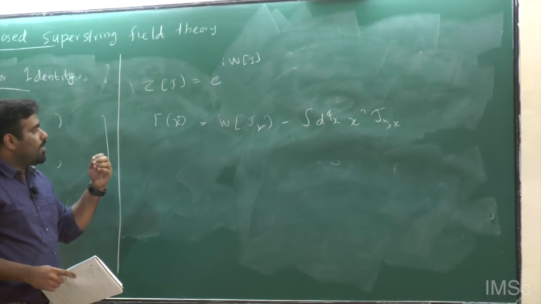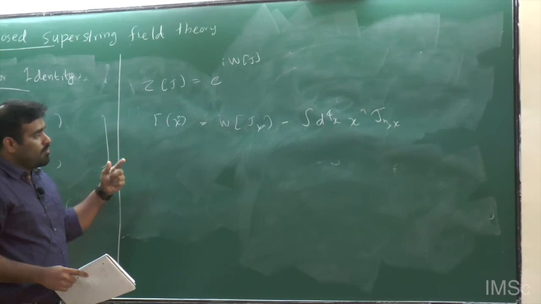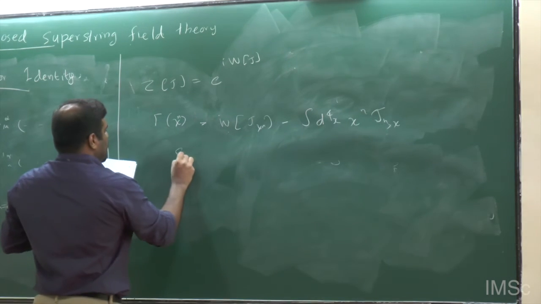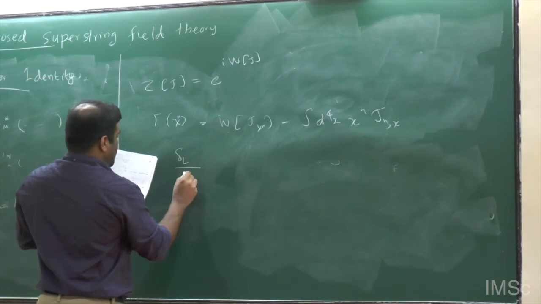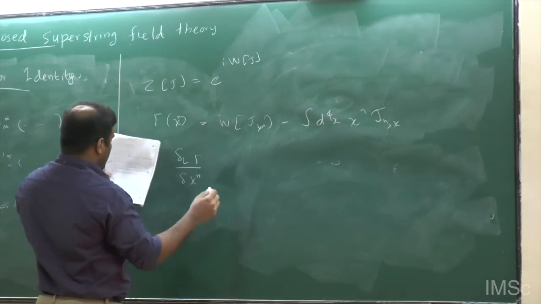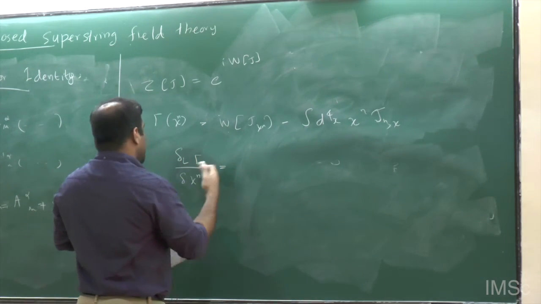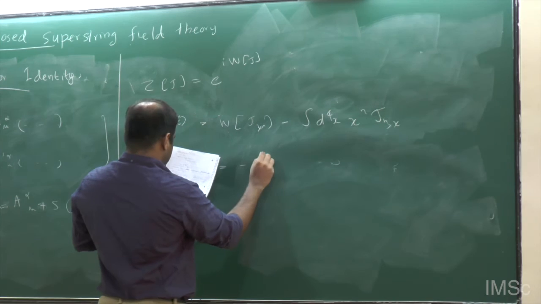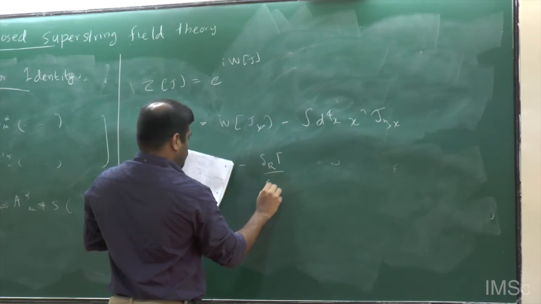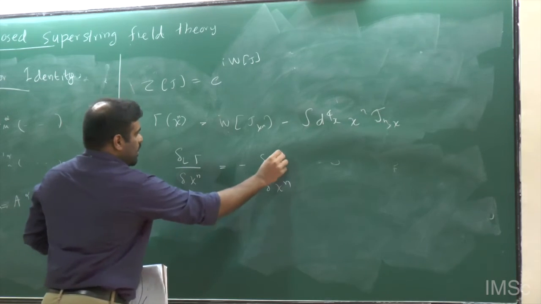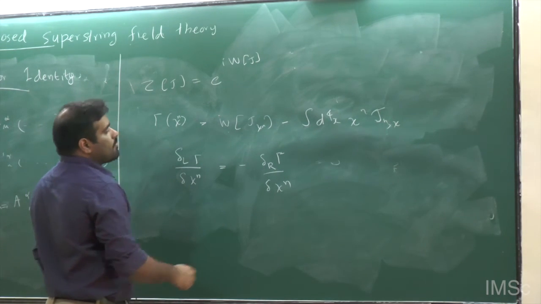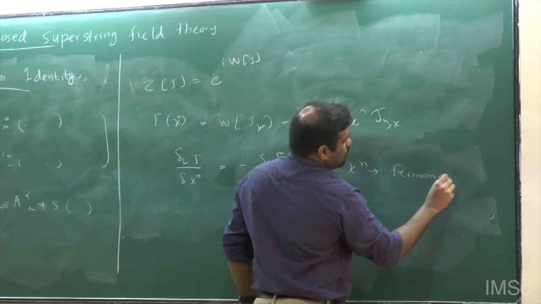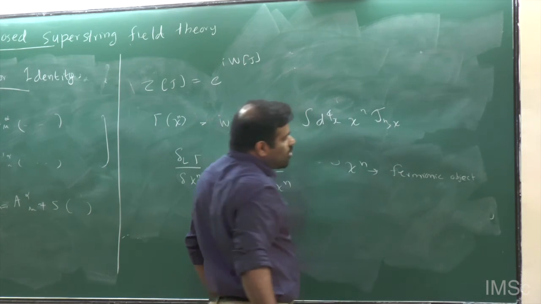I should explicitly state whether I am going to use this derivative for acting from the left side or acting from the right side. So you have two derivatives. One derivative is a derivative that you act from the left side on some function Γ, and then there can be another derivative that acts from the right side of the Γ. So these two are related in a simple way. So this is the relation between left derivative and right derivative if χ_n is a fermionic object. For bosonic object, it doesn't matter.